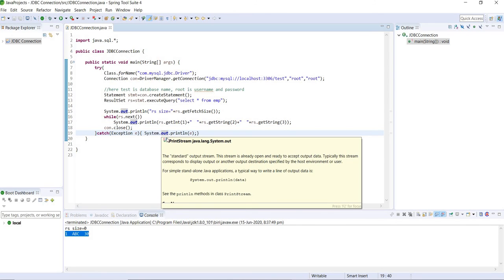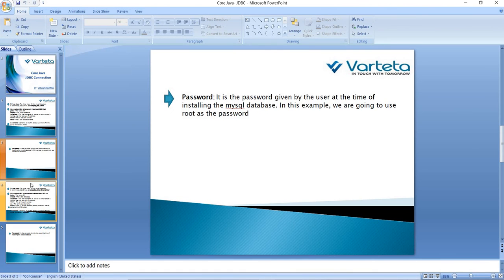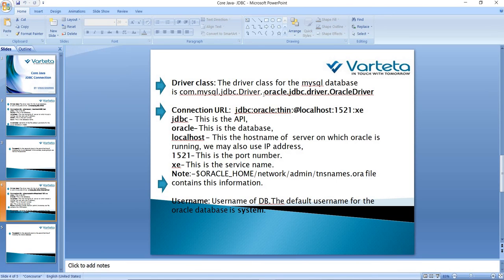You can apply this to any application wherever you want to connect to the database. This example I have given you for MySQL. For Oracle also I am giving you some information here. You'll have to use this driver for Oracle, and the connection URL will be different. There is only a slight difference between the Oracle and MySQL database connection methods. This is XE, that is the default service that runs on the Oracle server. So we change it here.